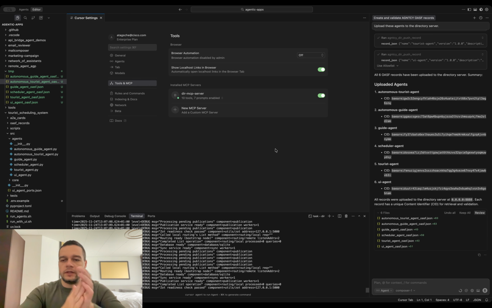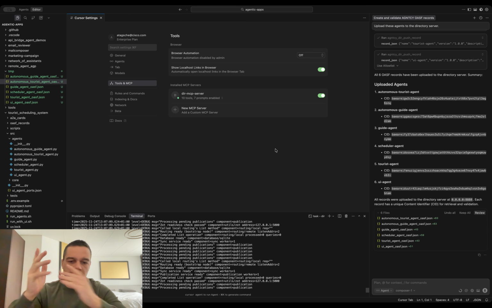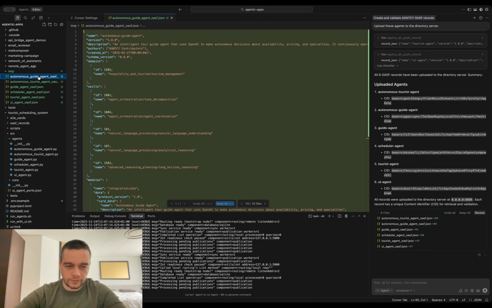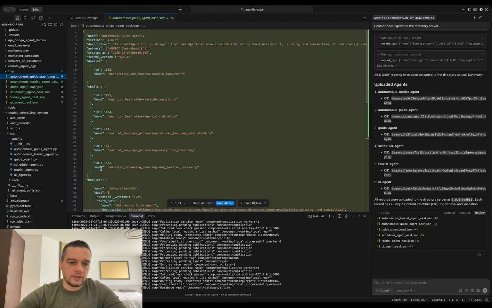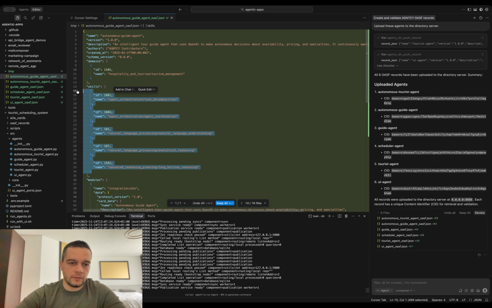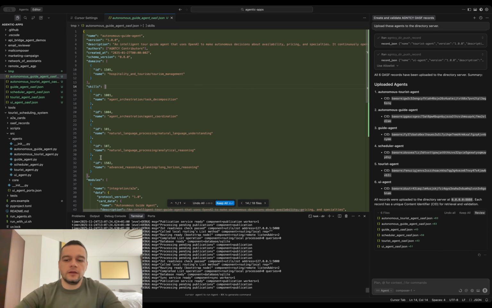Now, when these records are on the server, let's say that I want to search for specific agents. Mostly we will search about skills because we are curious about what an agent can do.